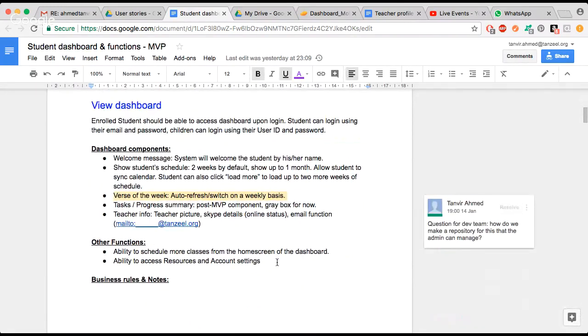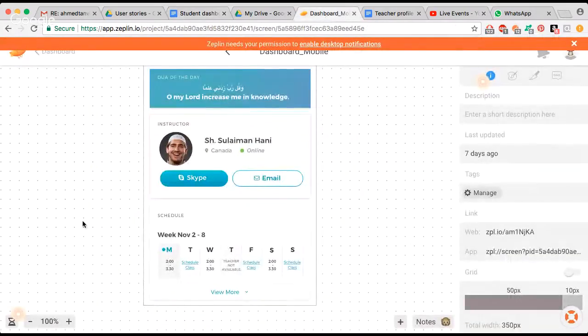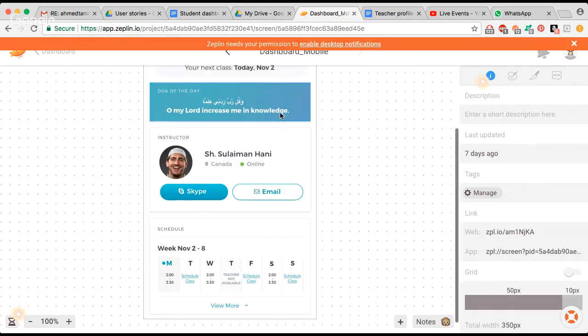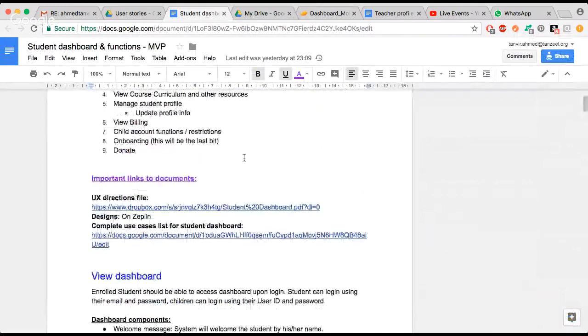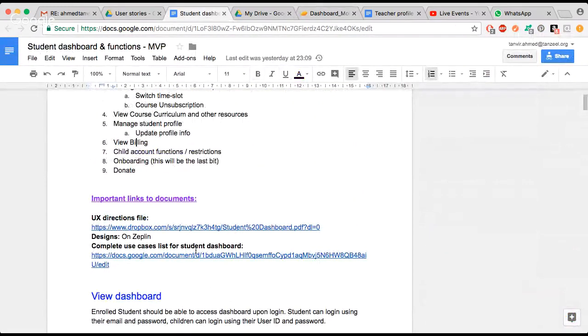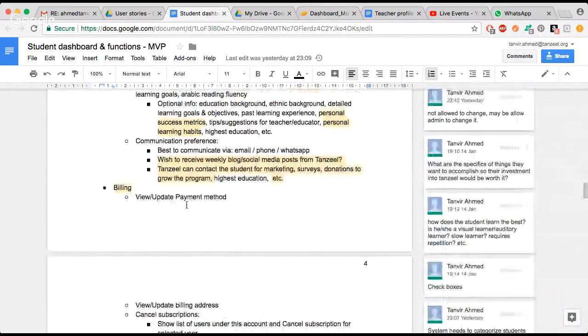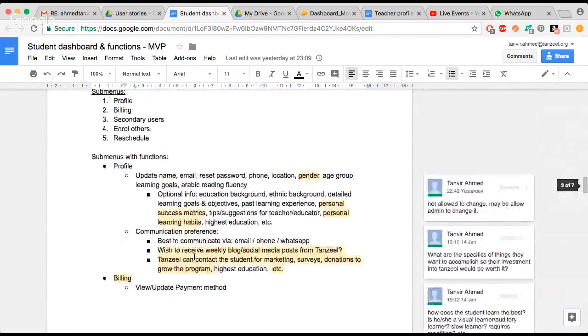Scheduling. So this was just an attempt to make it easy for the student to reschedule, add new classes from their home screen instead of going to, for example, billing. So our idea is the student would go into billing, right? And from billing, they have view or update payment method, update billing address, and they could cancel subscriptions from there. And then there's a rescheduling section